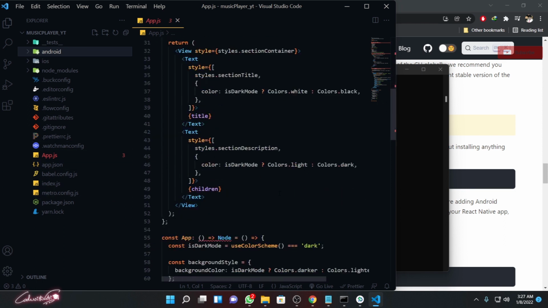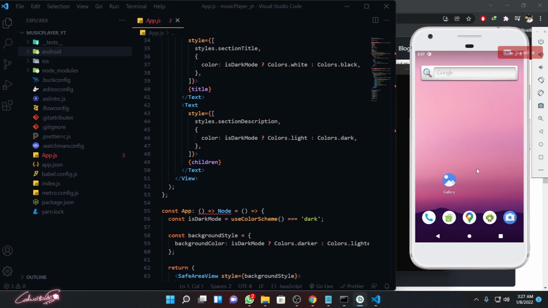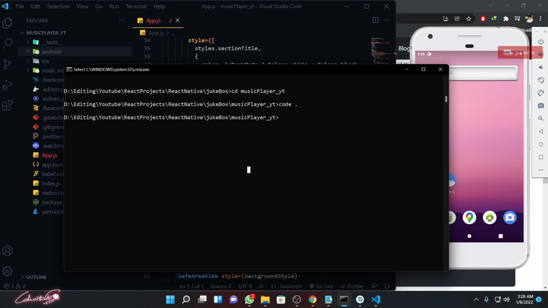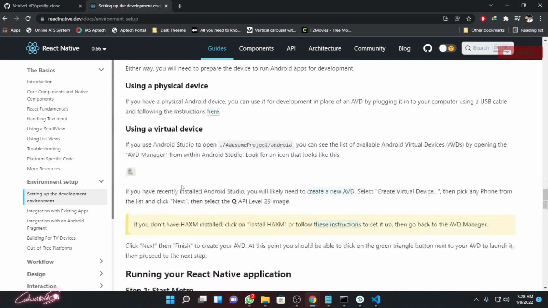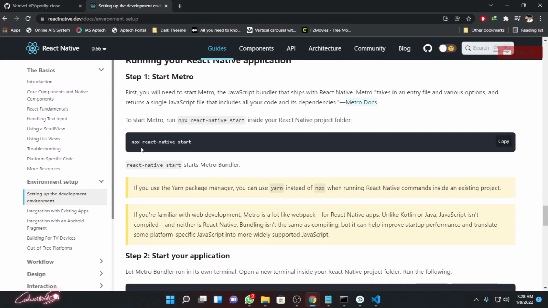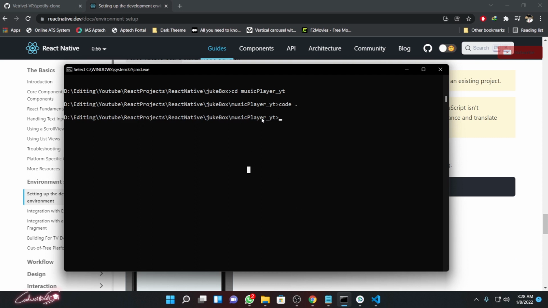Now let's open my Android simulator. I already opened my Android simulator, so it's currently up and running. Then let's fire up and see how our project is running. So let me open my terminal, and now I need to start my project. You don't need to run this separately, because it will automatically start your Metro bundler, so we don't need to worry about that. Go to your project folder and run this command: npx